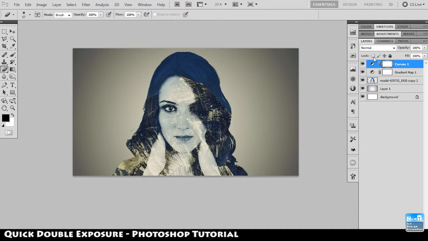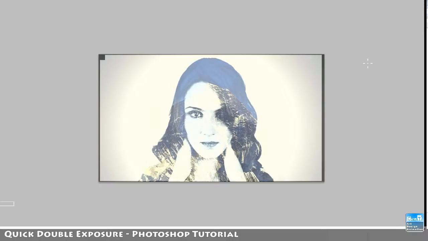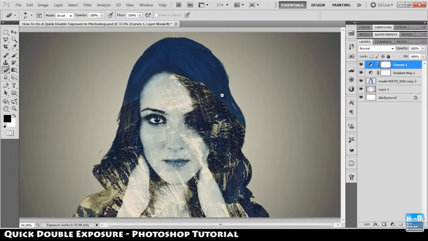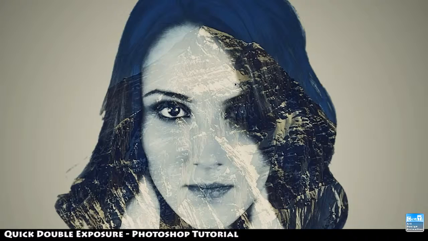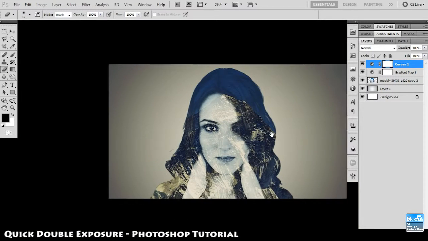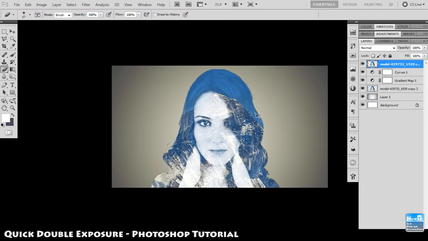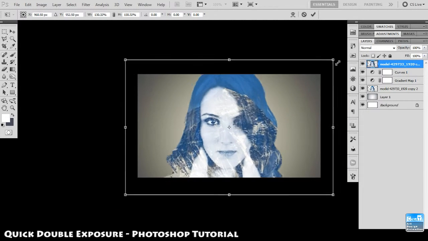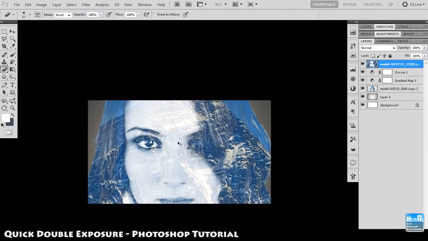Now I will try to merge all this color. Let me see. It is looking good. Let's see on the black background. Yeah, it looks good to me. Okay, so it's almost final, and now I will create a copy of it to further add this image